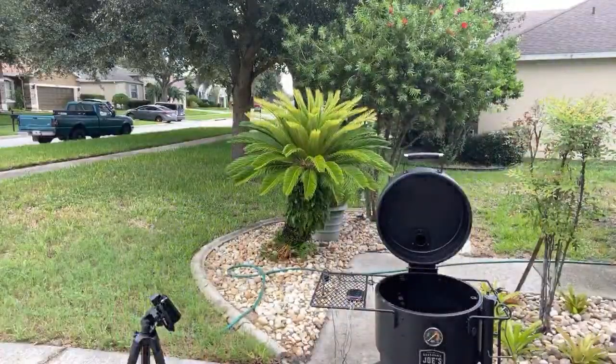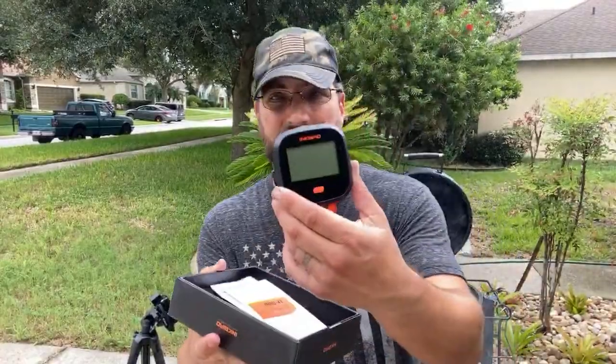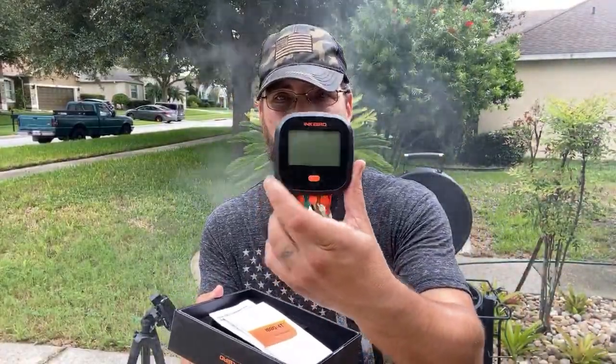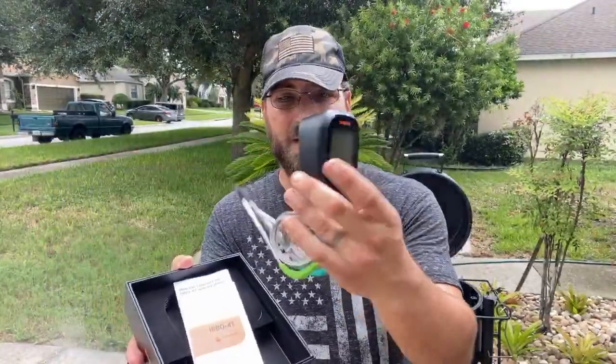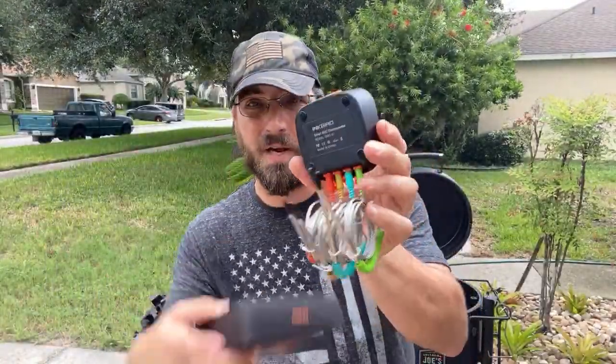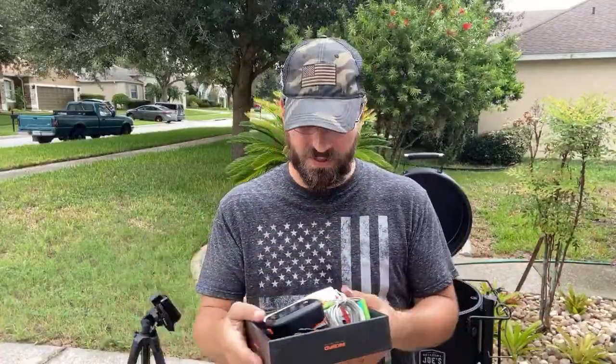All right, so another thing. Inkbird sent me this new Inkbird, the IBBQ4T right here. It's got 4 different color probes on it. I'm not kidding you, I spent about an hour and a half to 2 hours trying to link this thing up. Couldn't do it. I followed the instructions, read them forward and backwards. I could never get this thing linked up. So I'm gonna go with my old trusty